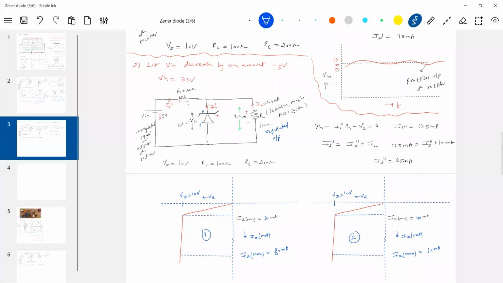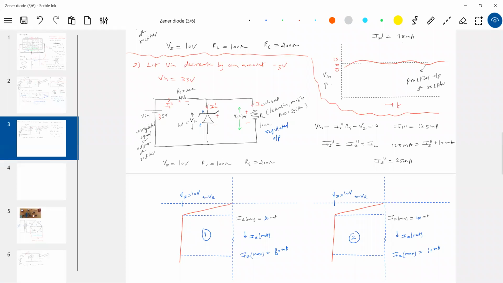What is the maximum permitted across this Zener diode? 60 milliampere. But how much is flowing? 75 milliampere. So when you connect this second Zener diode in this circuit, and when you make the input voltage go to the maximum, it will burn out. The Zener diode will burn out, finish over, it will become ash. Some fog, some smoke will come out, permanently damaged. So when you use it for an experiment, I should calculate the maximum and minimum values. Keeping that in mind, I should choose. So for the above situation, Zener diode 1 is more suitable.